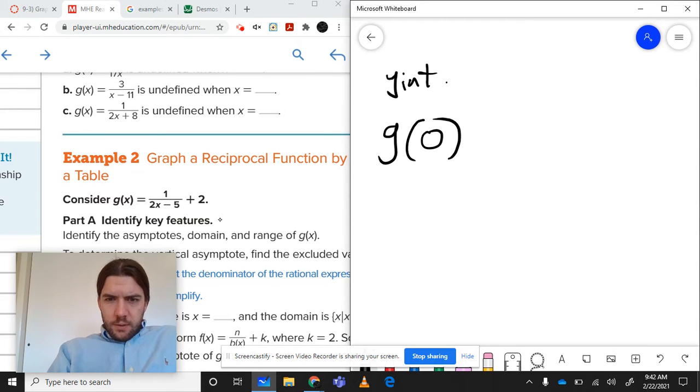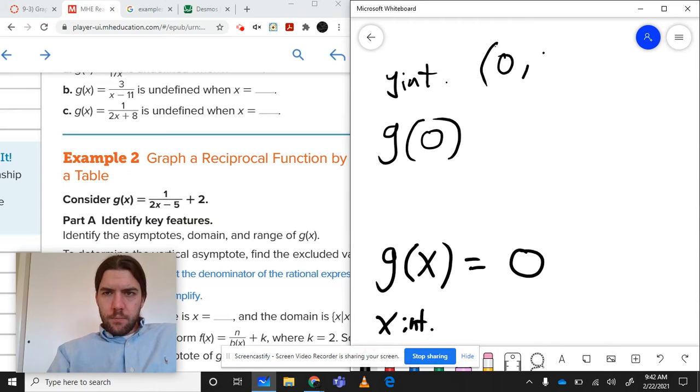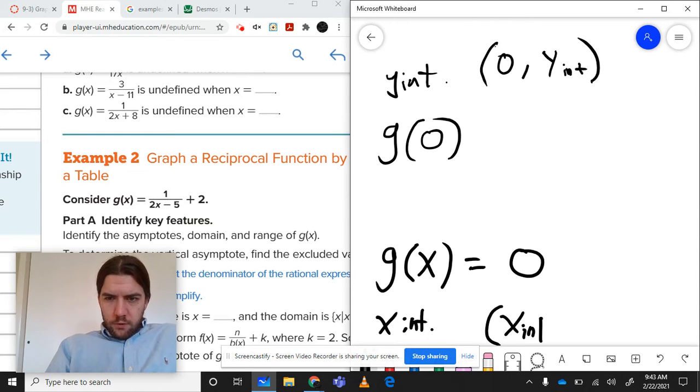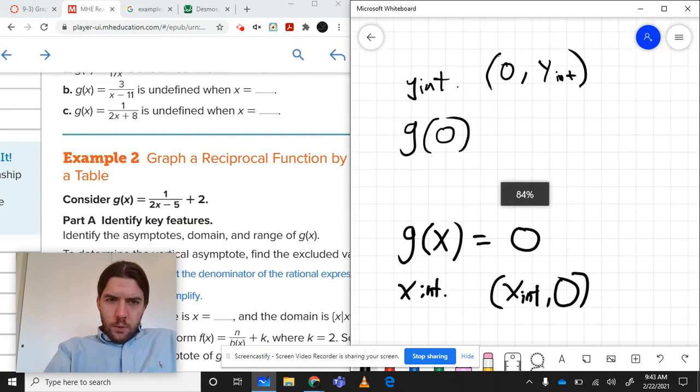And our x-intercept is going to be when the function equals 0. So on the y-intercept, we're going to have 0 comma something. And for the x-intercept, we are going to have some value for x, and our output should be 0. So if we wanted those two points, we could do that. We could write out